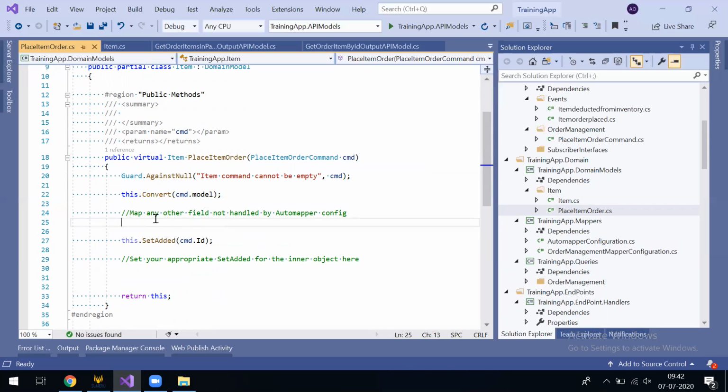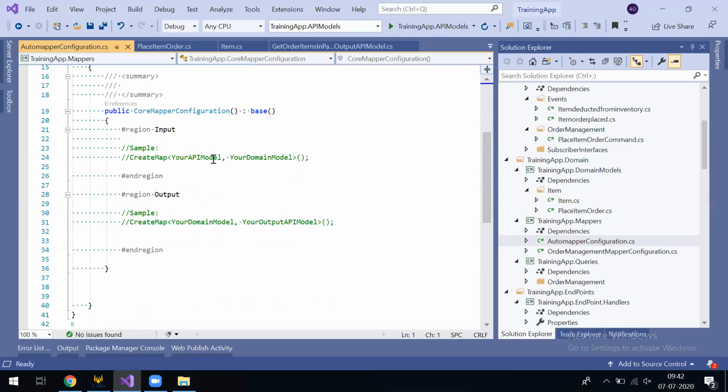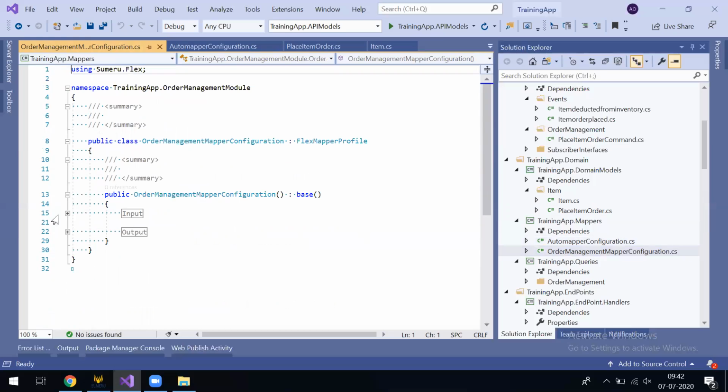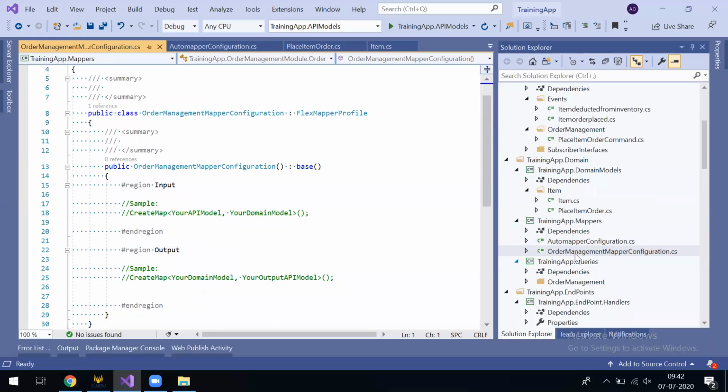Any other fields which you need to map, you can map it over here manually. So here you can configure your auto mappers. So this is our order management related auto mapper. So whatever order management related stuff you have, you can configure over here.